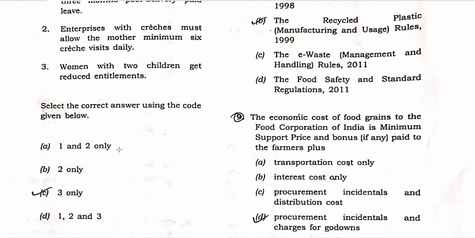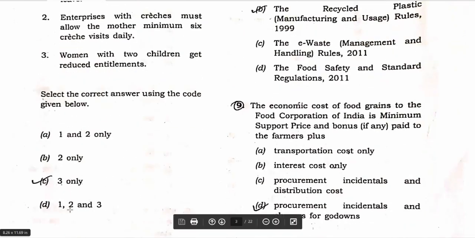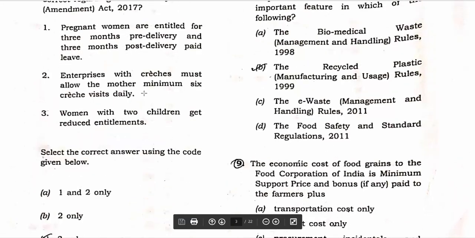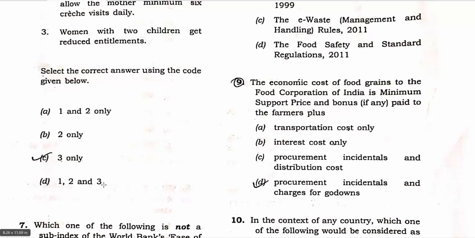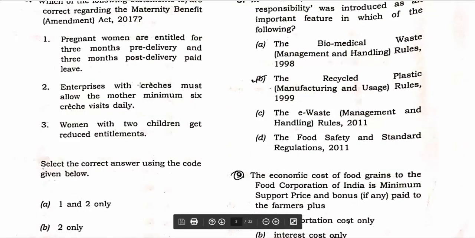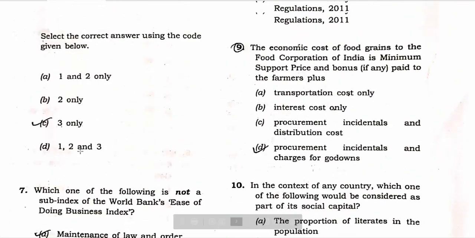This is actually correct. So in this case, statement 3 is correct, and you also have it in option D, 1, 2 and 3. You might be confused about what could be the answer, because 2 is not the correct answer here. We outrightly took that out. Since 1 and 2 are here, 2 is also taken out. So the most likely answer is only 3, with the logic again. You don't have to have complete information on them. With whatever you have, you can use the elimination method and reach your answer.